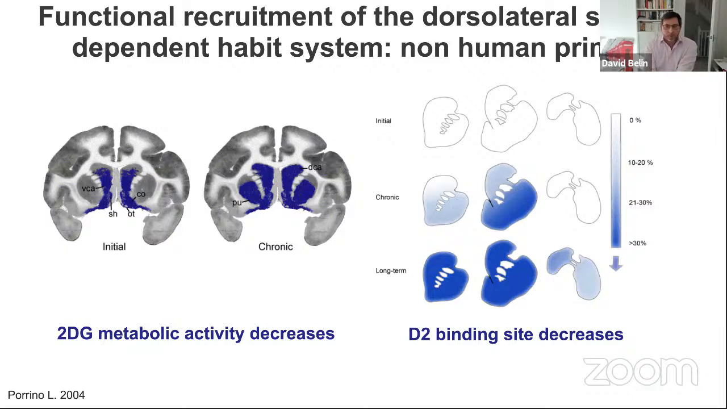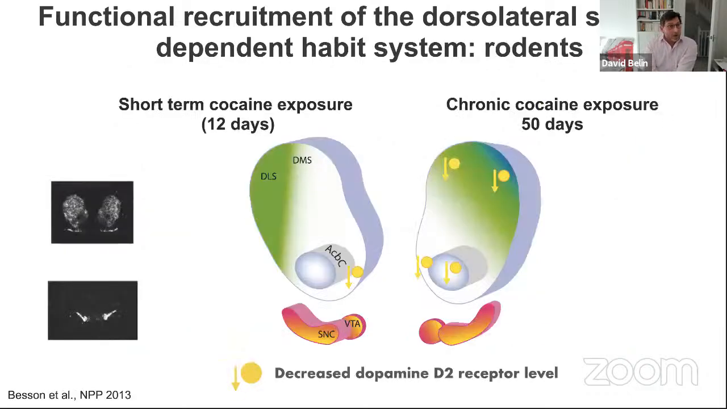In rodents as well, similar alterations have been shown by Morgan Besson, with whom I've had the pleasure to work in 2012 and 2013. Morgan used in situ hybridization in rats exposed to 12 days of cocaine self-administration or to 50 days of cocaine self-administration. And she measured the mRNA levels of the dopamine D2 receptor. And she showed that after a short-term exposure to the drug, there were decreases in mRNA levels of the D2 dopamine receptor in the nucleus accumbens shell, this ventral part of the striatum here,